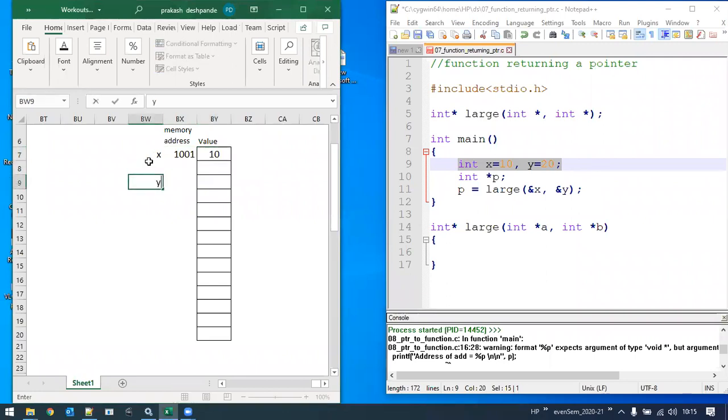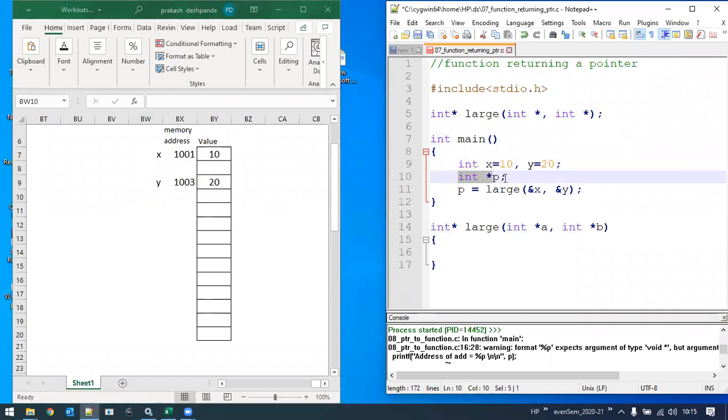Similarly, we have a second variable y, assume its memory location is 1003 and it contains the value 20. Then we have the declaration of a pointer p, which doesn't contain anything as of now. Let's say the pointer p is over here, and assume its memory location is 2001. It doesn't contain anything as of now.